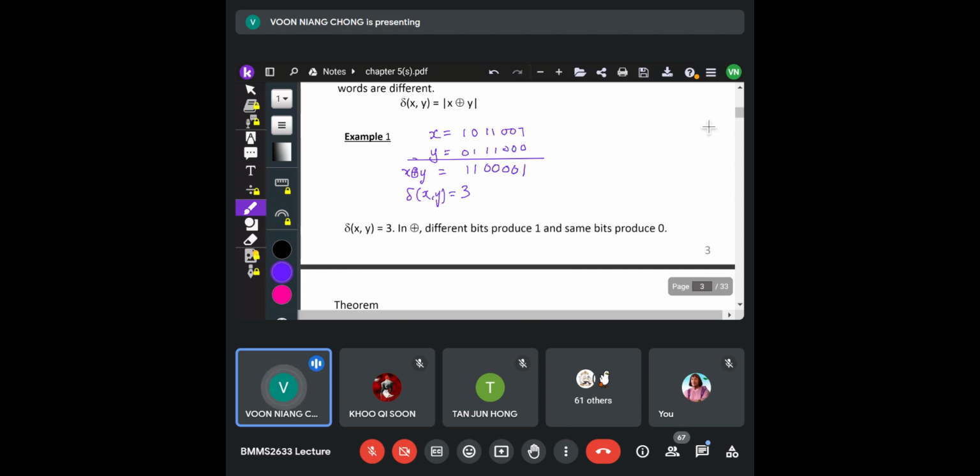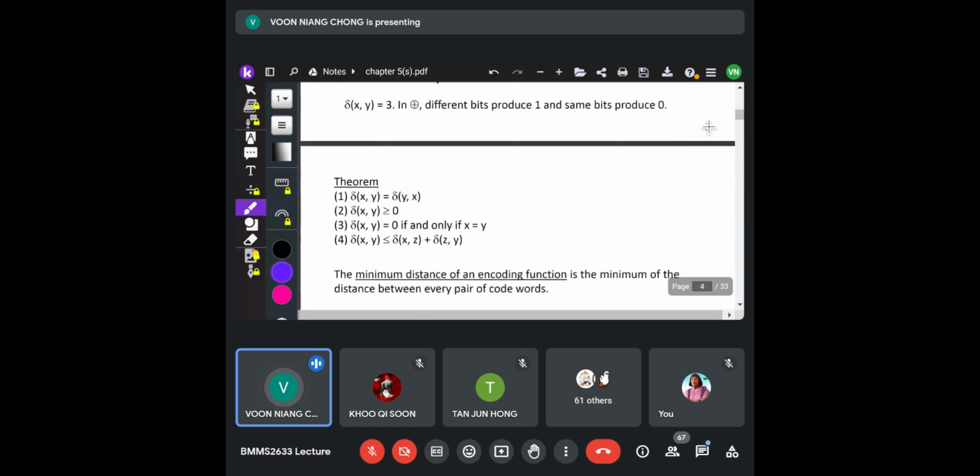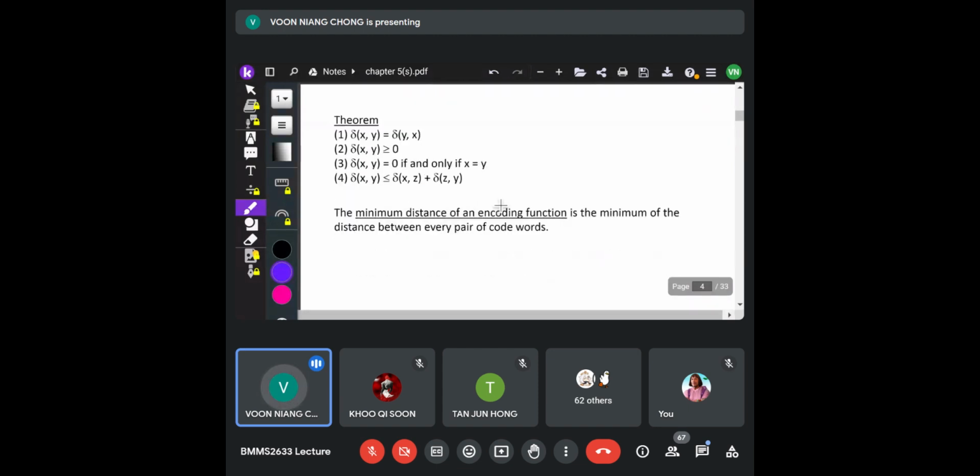Okay, and we have the theorem for the distance. Either xy or yx, they will give the same distance, and the distance will also be more than or equal to 0. It cannot have a negative value. Then if two codes are the same, of course their distance will be 0, because if two codes are the same, then all the bits will be the same, right? And this one: the distance of xy will be less than or equal to xz plus zy. So these are the